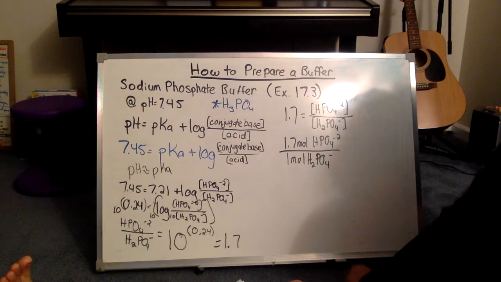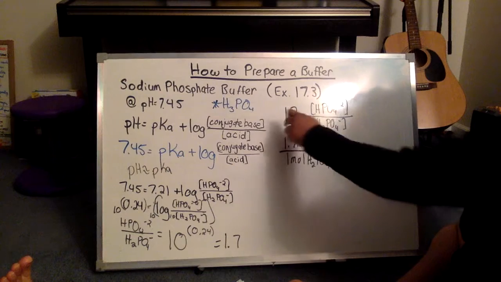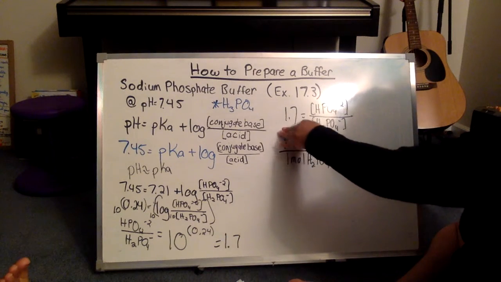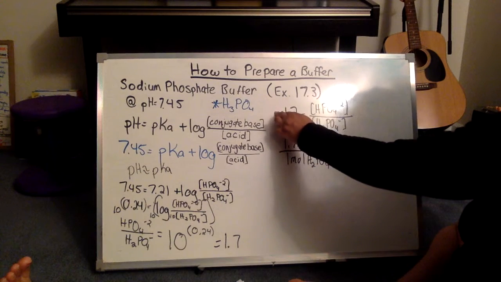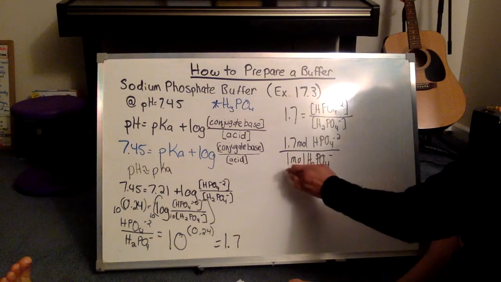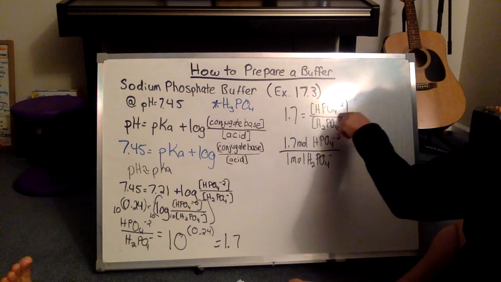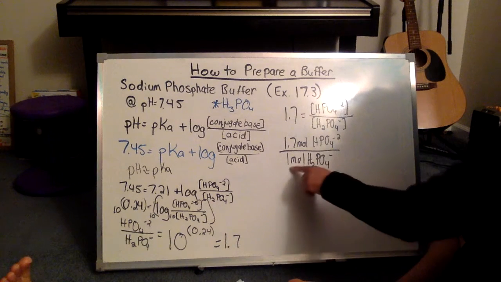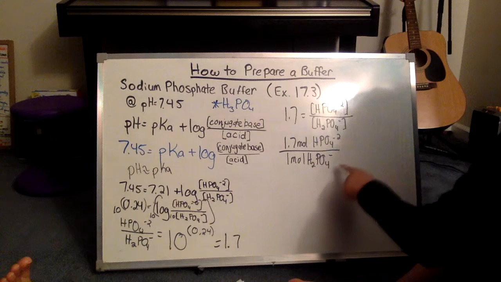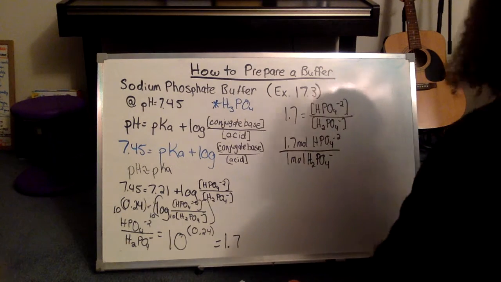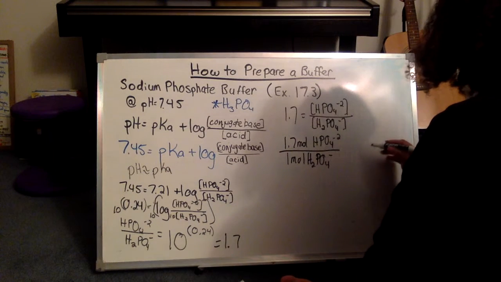I know what you're thinking, because this is what I thought. Oh, I just multiply by this, and then I can... Don't do that. Just assume it as it's 1.7 moles to 1 mole, 1.7 moles of HPO4 2 minus to 1 mole of H2PO4 minus. Okay? So that means that you need to, in order to make